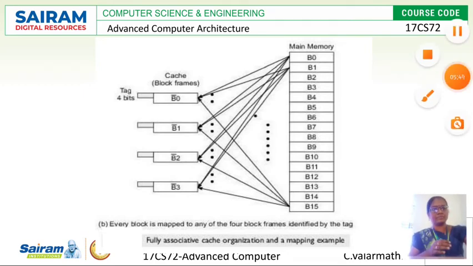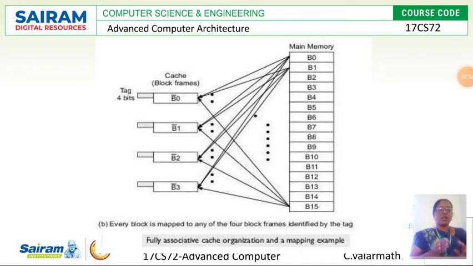All blocks of cache memory are fully connected with all blocks of main memory. Right? Here the same arrangement is maintained for this example also. Cache memory consists of 4 different blocks. Main memory consists of 16 different blocks, divided into 4 modules. How it is connected: when you take the first block in cache memory, it will be connected to all blocks in this main memory.